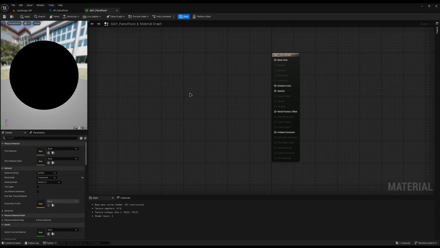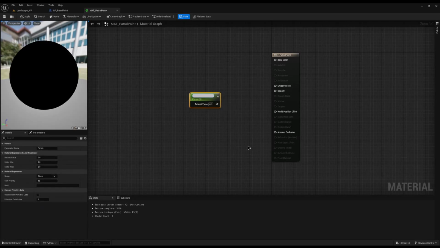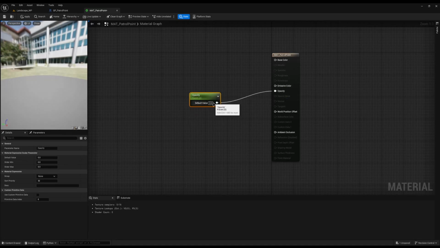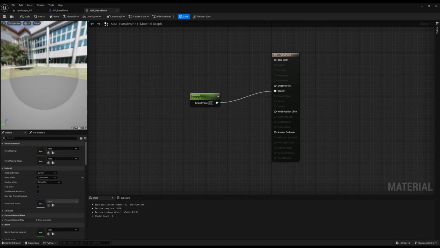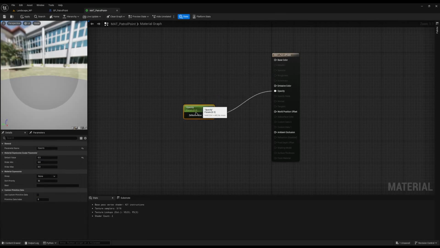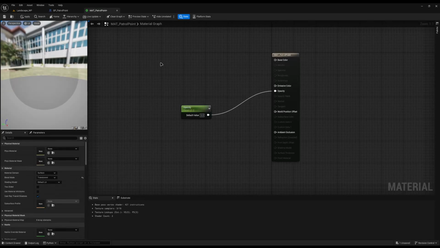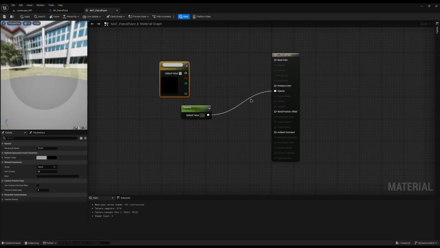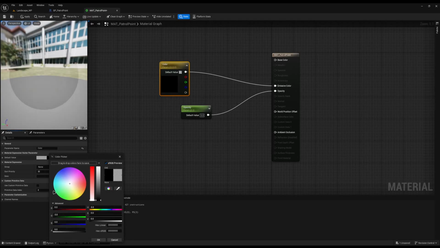So I'm going to hold the S key and click to add a parameter, and then I'll just call it opacity and drag that into the opacity here. I'll set it to something like 0.3 so it's slightly invisible because that's what we want. And then I'll set the emissive color. I'll hold the V key and click to add another vector parameter and call it color, and I'll just connect the top color into the emissive and set this to probably a green,